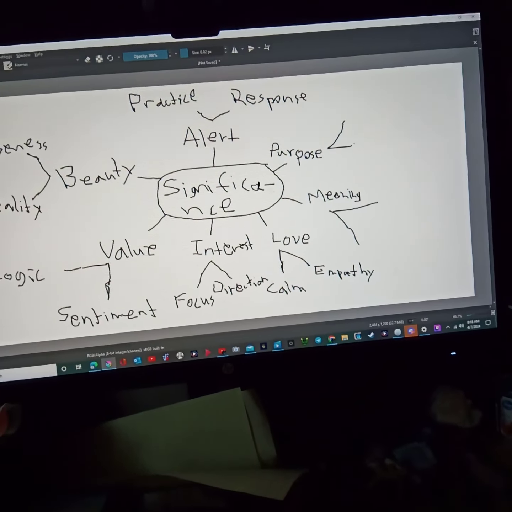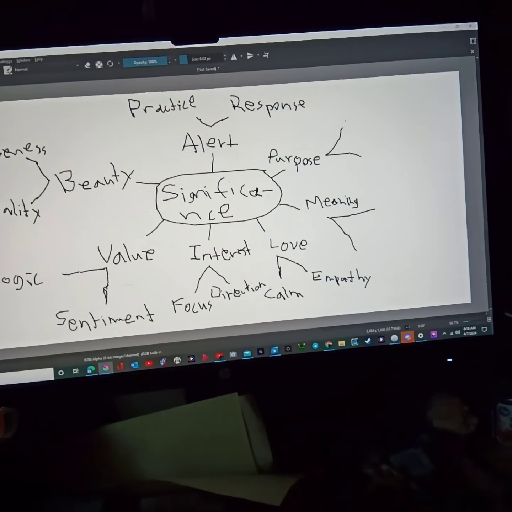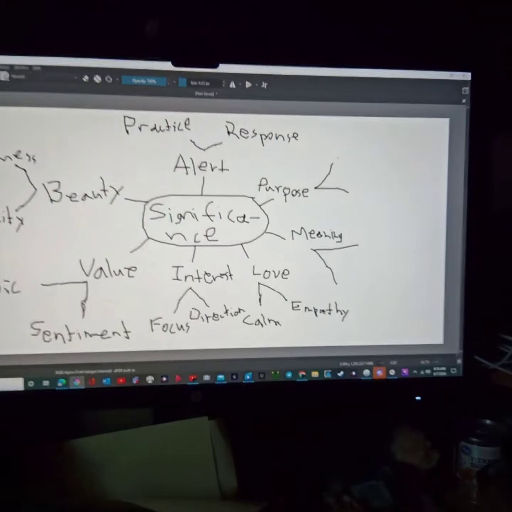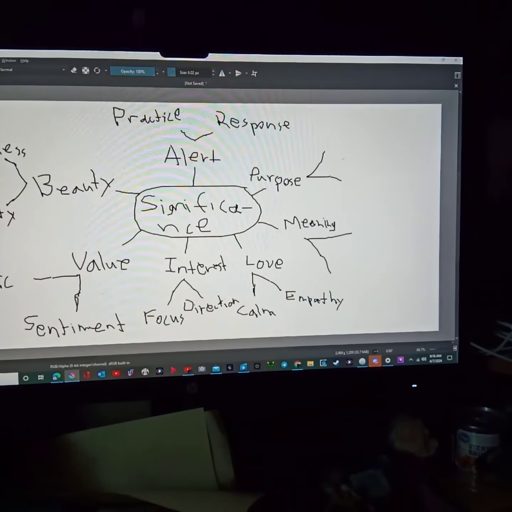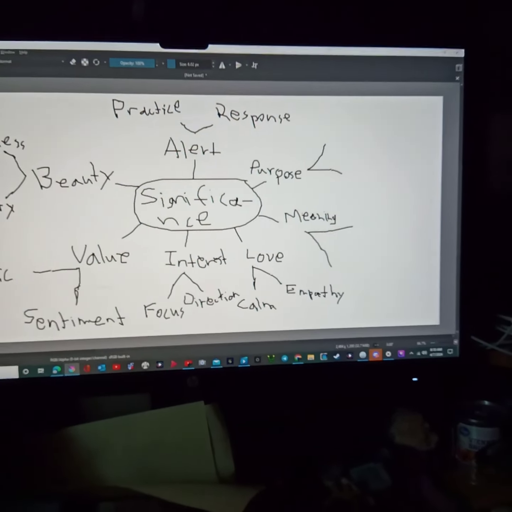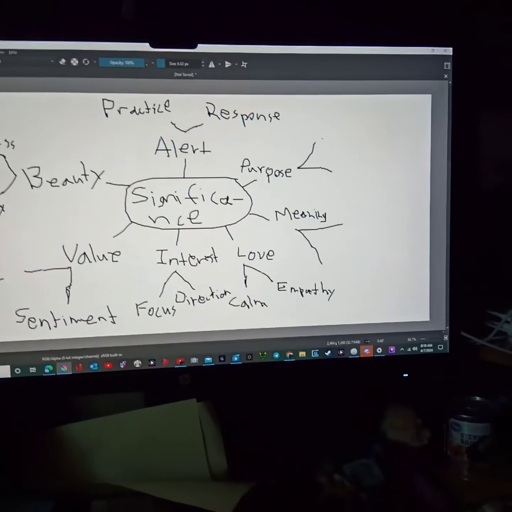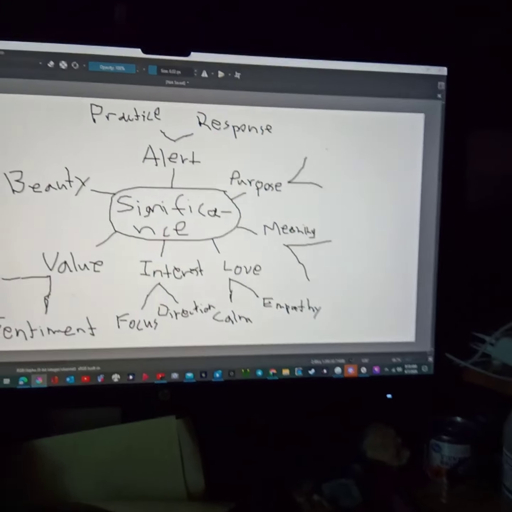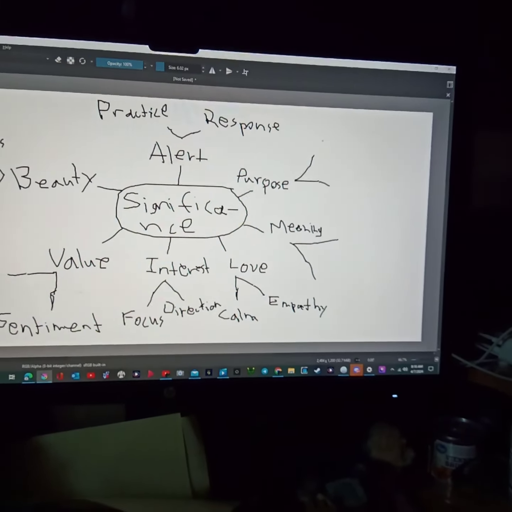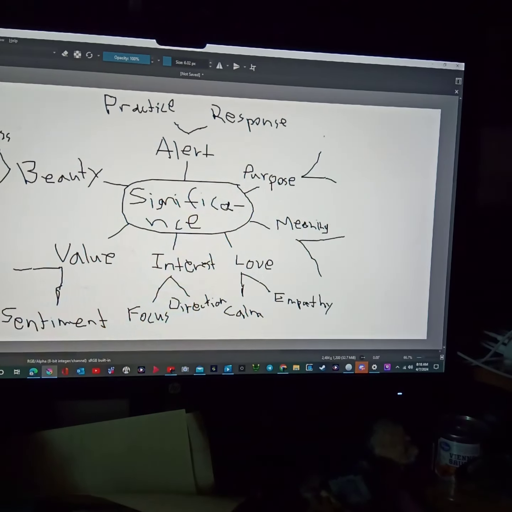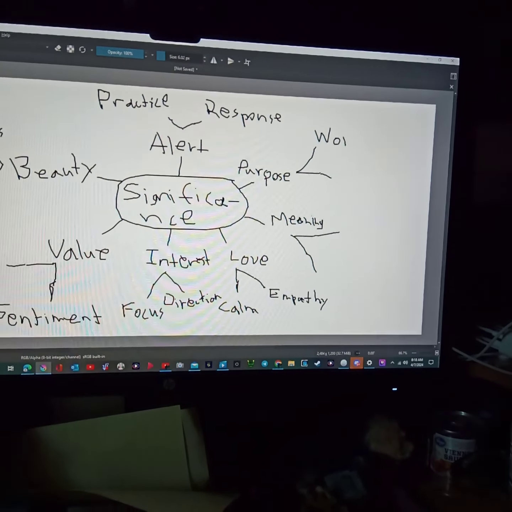Purpose. I'm gonna put meaning and purpose. Okay. Now they sound the exact same, don't they? They're rather synonymous, but we'll figure this out. Purpose. We're gonna put work